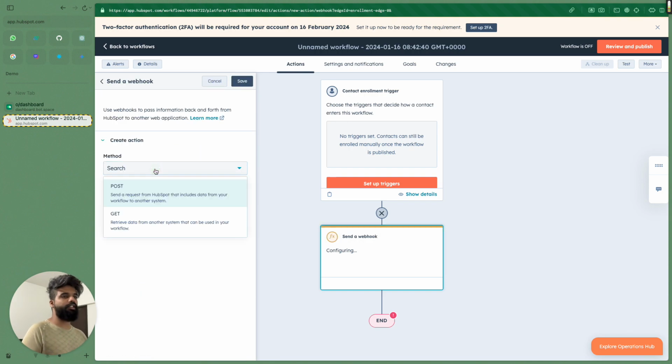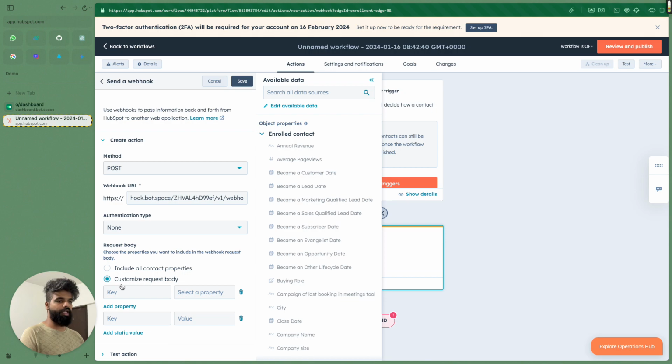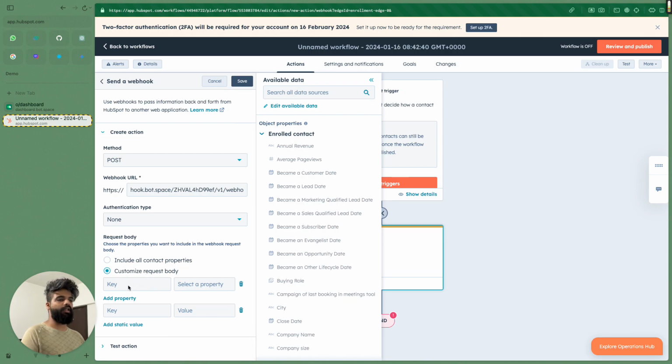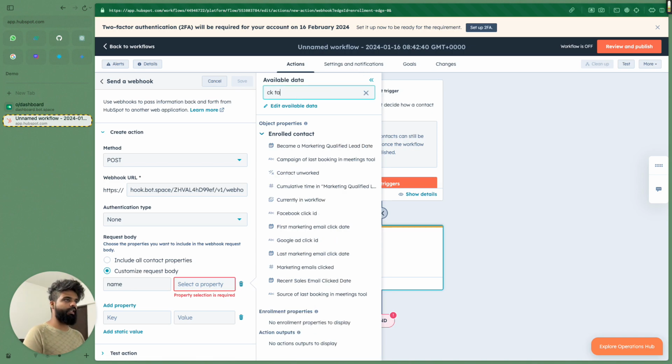So in this, it's going to ask you what the method for the webhook is. Please select post. Then we're going to enter the webhook URL. There's no authentication required. And inside properties, we're going to add the custom request properties. The first one is name. Again, this is optional, so we can actually